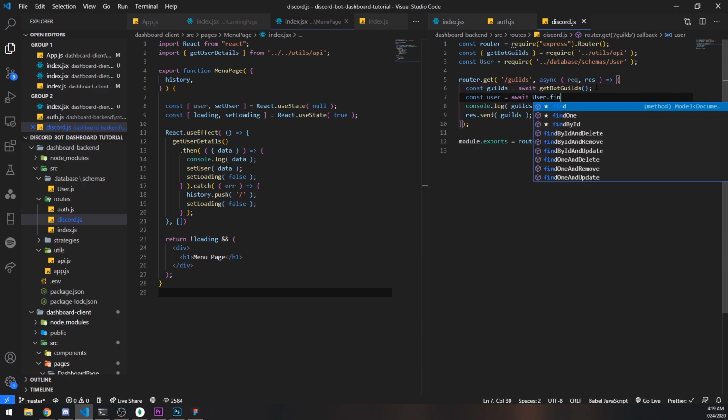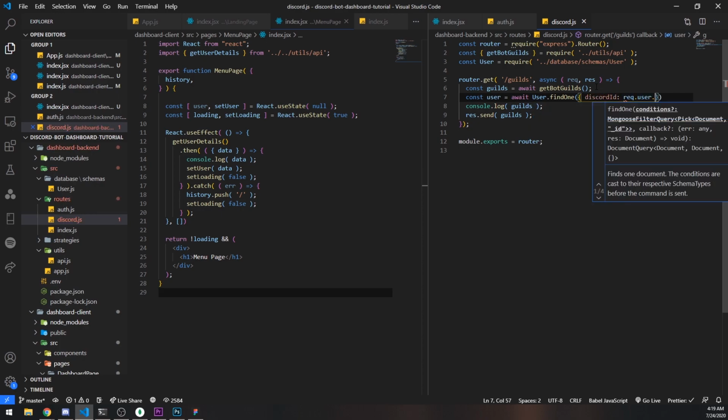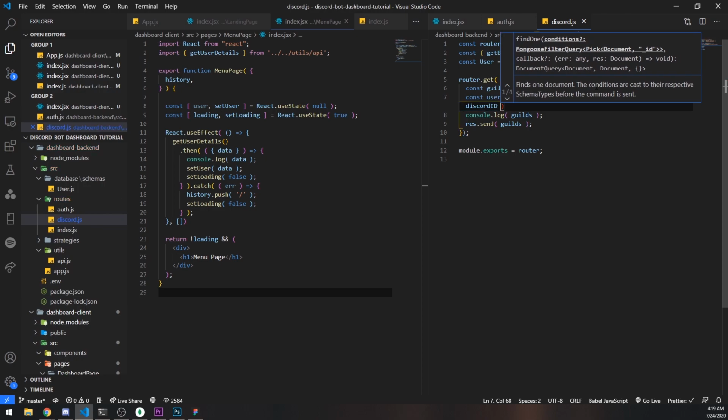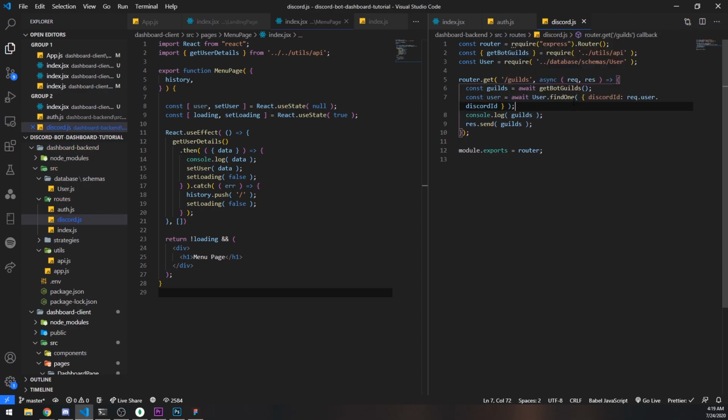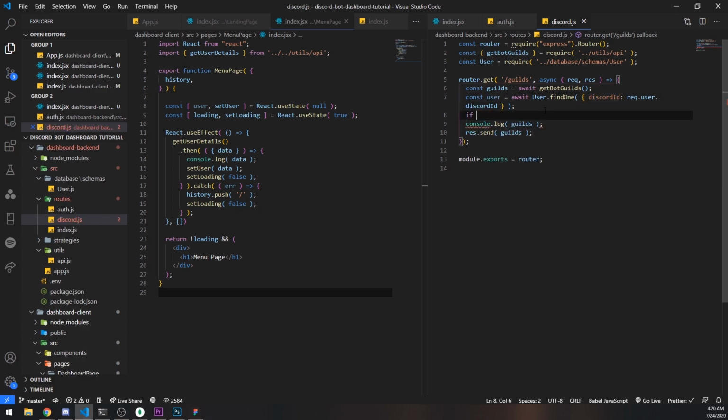And we're going to find one, based on the Discord ID, which we can retrieve from req.user.discordId. Because remember, req.user is the actual user that's in the session, and it's the actual object from the database. So we're passing in the Discord ID, and we're going to say if user,